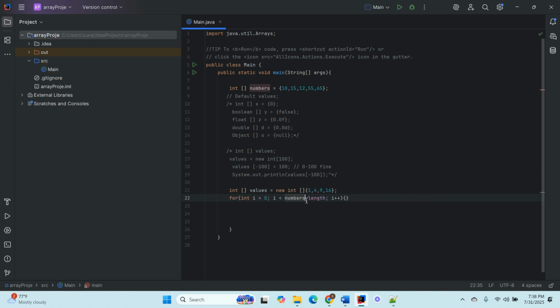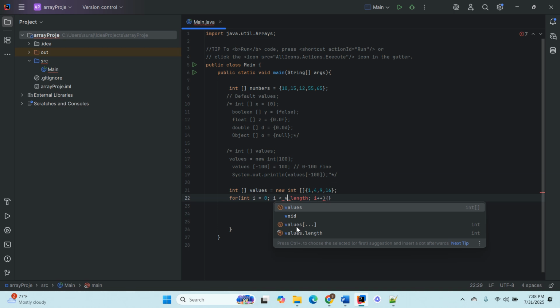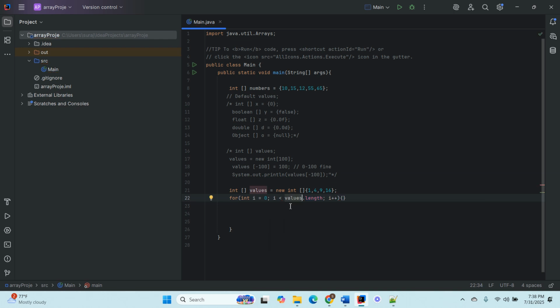Yeah, here just change values dot length, just increase by 1. This is, just increase by 1, and then